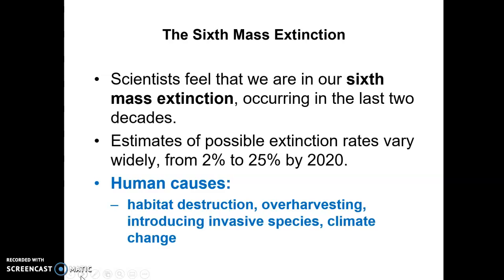A second one is over-harvesting, and that's one we'll talk a lot about. All of these we're going to spend a whole week on in the future. But over-harvesting, actually, the first case of over-harvesting, they believe, happened about 10,000 years ago at the end of the last ice age. And humans hunted large animals, and they worked cooperatively in groups to trap animals in a large pit and then be able to use them for food sources. And they think that that is what happened